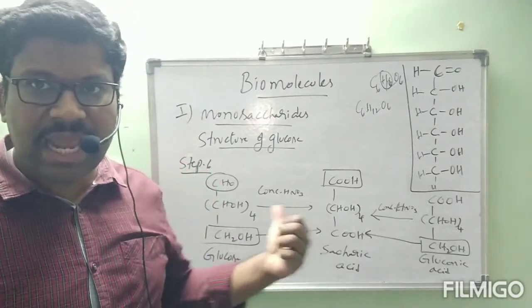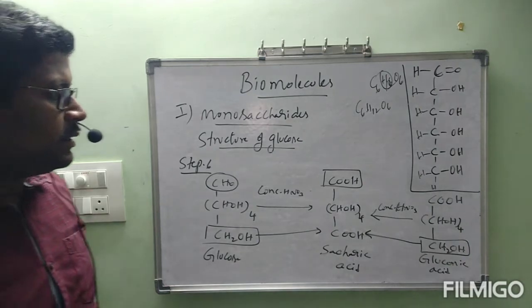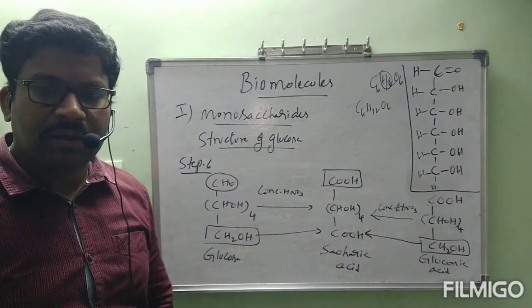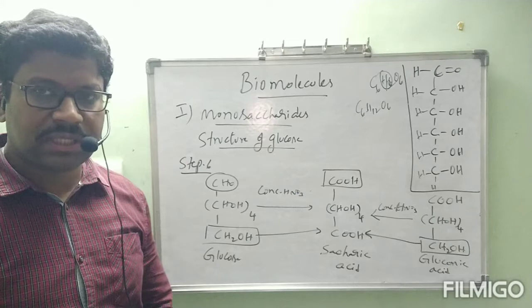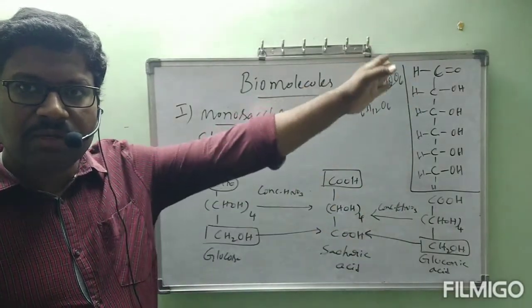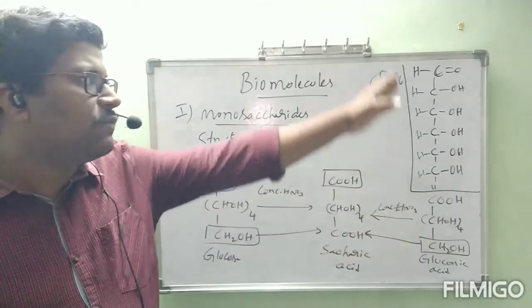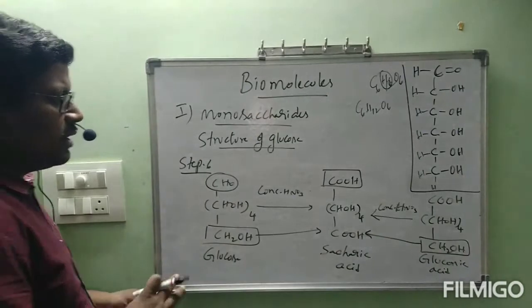Once see this reaction, all of you. Note down these steps clearly, step 1 to step 6. This is the derivation of the glucose structure. Separately, note what things we have understood and what conclusions we made, and by using that, how we got the structure of glucose. Now, finally,